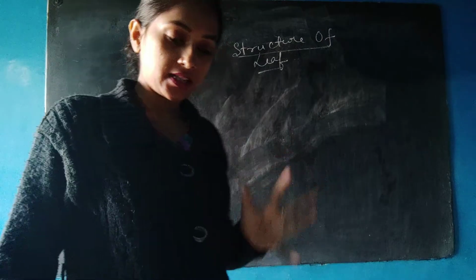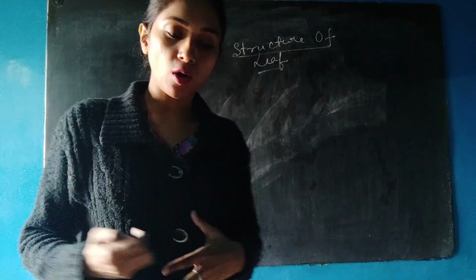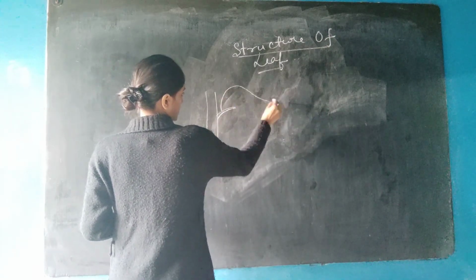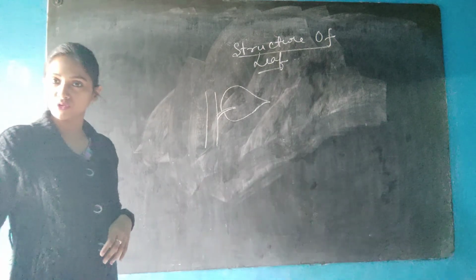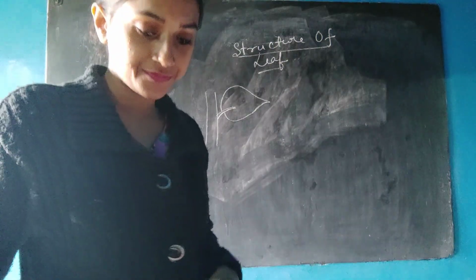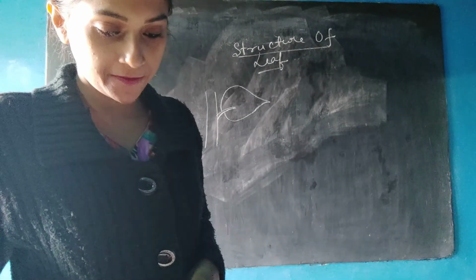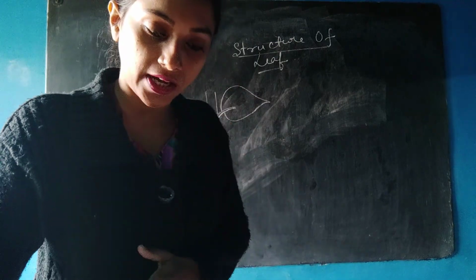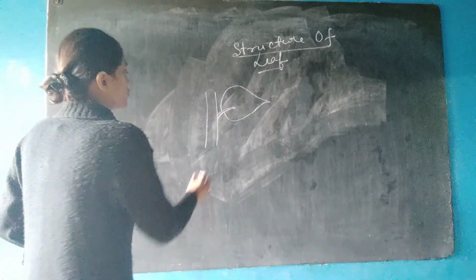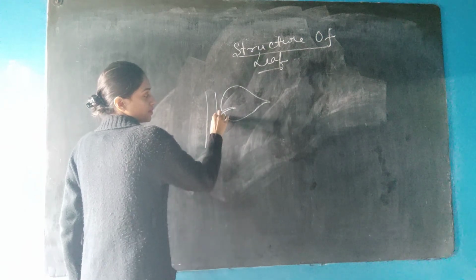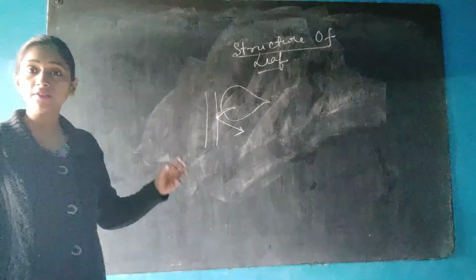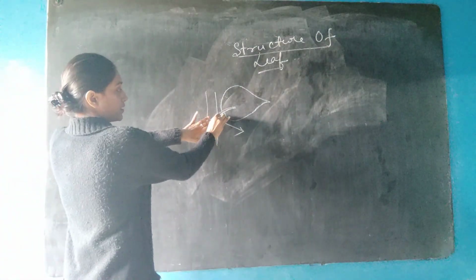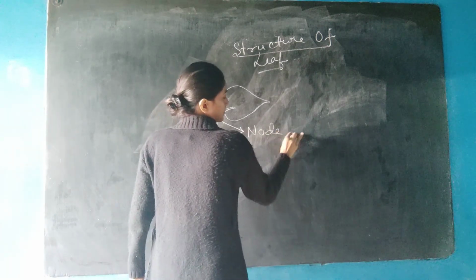So first, a leaf is a flat, thin, broad outgrowth of the stem. We know that from the stem the leaf comes out. It is the flat, thin and broad outgrowth. Okay, and the point on the stem from where a leaf arises is termed as node. A leaf develops from a node. Branches also arise on a stem from the node. So the point on the stem on which the leaf arises, or any kind of branches arise, that point on the stem is termed as node.